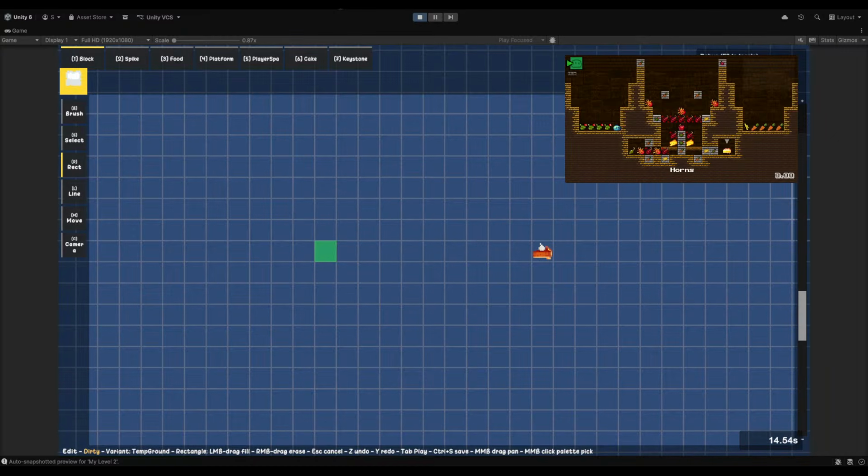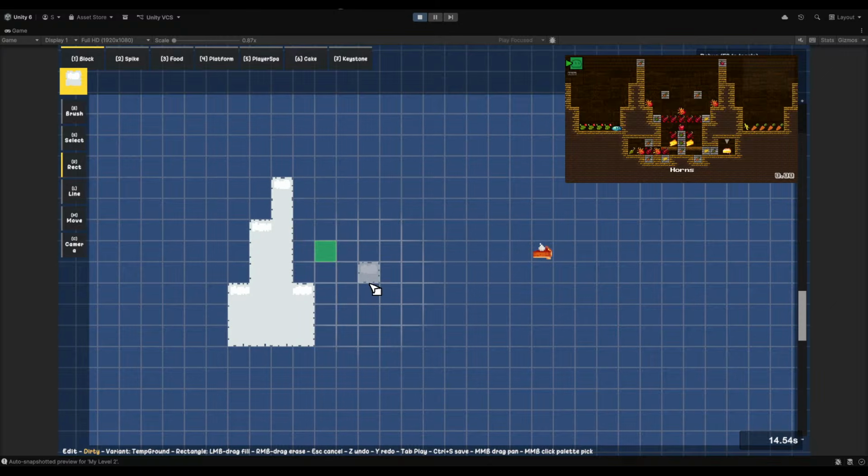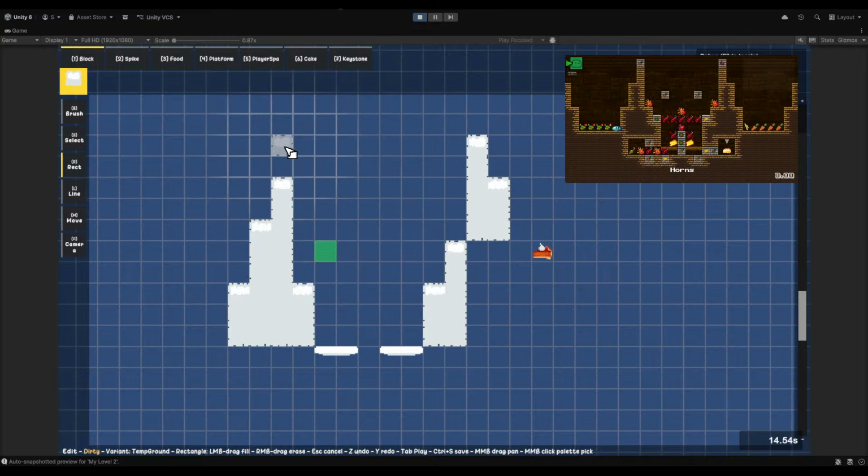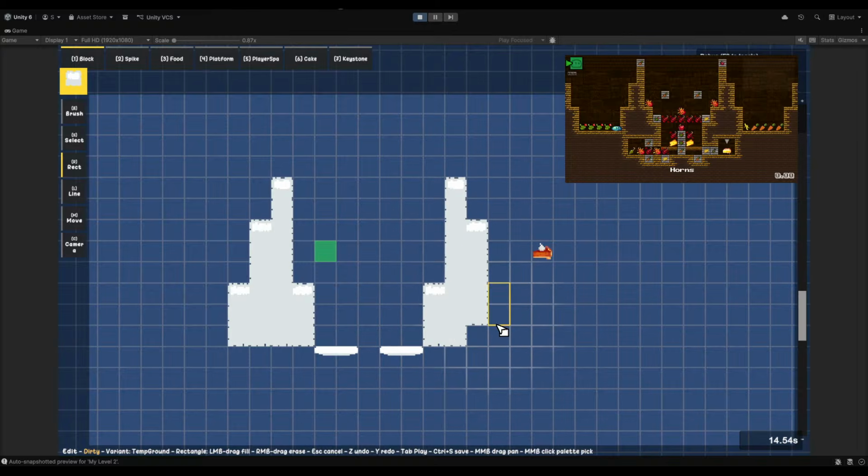Let's grab rectangular tool. Do this here. This is a functionality test to make sure everything works in game. What the hell? Something's wrong here. That's the horn pit right there. There. Yeah, hopefully this is a good enough stress test.